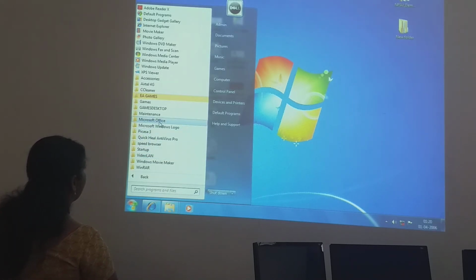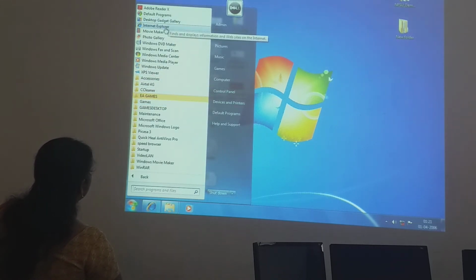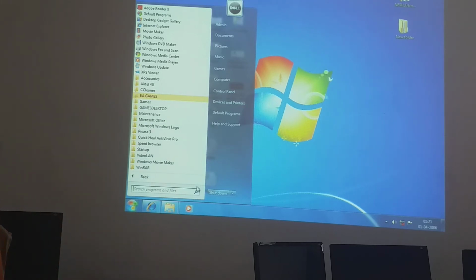If you want to go to Microsoft Office, games or accessories, or Internet Explorer, any other thing. See, Windows logo. All these things you can go and learn over here. It makes the main entry point like that. First click the start button, all programs, and all your programs are listed out over there, children.